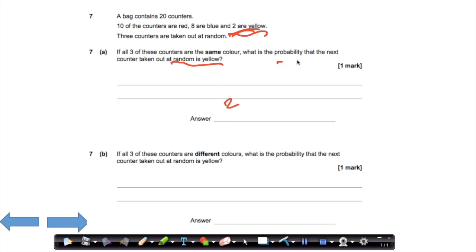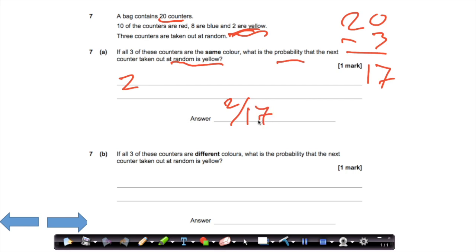So what's the probability? Well, there are 2 yellows left, and if 3 of them have been taken out, if we started with 20, then there are 17 left. So it's 2 out of a total of 17 that are left. So the probability, 2 out of 17. Remember, you could have written it as a decimal or percentage, but that's going to make things far too hard. You might as well just leave it as a fraction, because that is a sufficient way